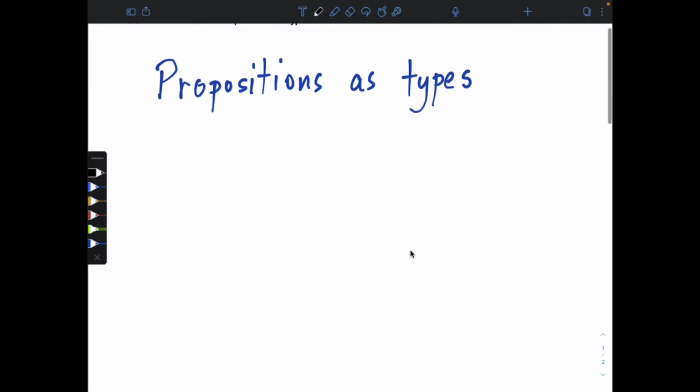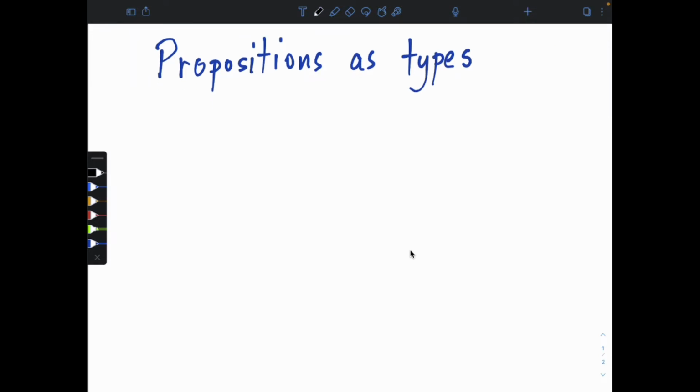Now, before I go to this central topic of propositions as types, I would like to quickly revisit one point about the semantics of propositional logic, which we did last time, also just to warm up, but also because that part of the lecture didn't get recorded, the audio didn't get recorded. So this is my way to compensate, but also to review a couple of things that happened in the exercises. So remember last time we were doing the Boolean semantics